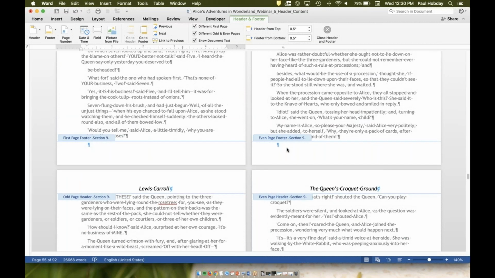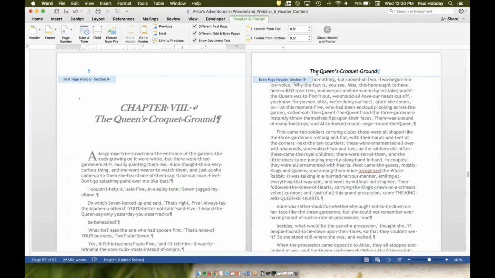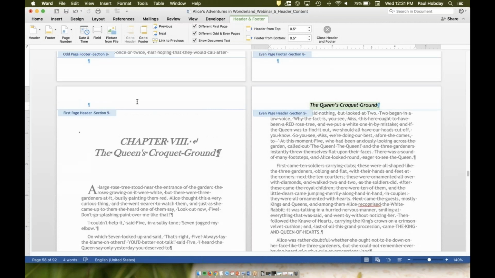It's all flowed through. This was all manually done. I went through and typed this in on each header so that it's here. I also went and made sure to check all of the right boxes and unlink everything. There isn't a great non-manual way to do this if we want different content in the headers. If we were just putting Lewis Carroll on this side and Alice's Adventures in Wonderland on the other, we wouldn't